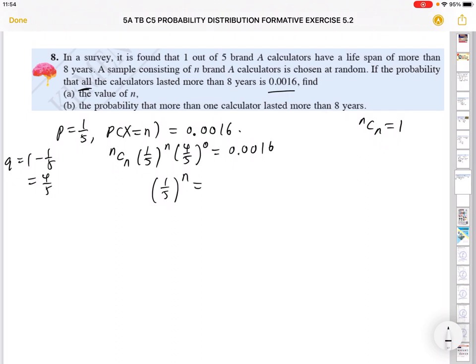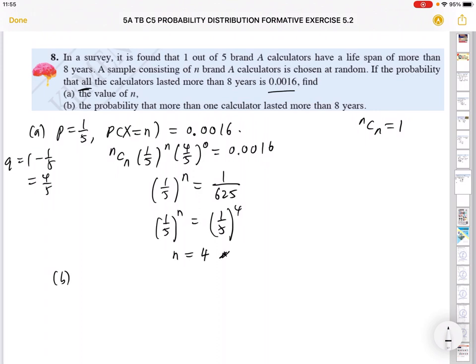As for 0.0016, I think it's best we change the decimal to fraction, which is 1 over 625. And I hope you can see this now. 625 is actually 5 power 4. Don't have to use logarithm. We'll just write this as 1 over 5 power 4. By comparison, yeah, let me write down one more time. By comparison, n is just 4. Okay, yeah, not difficult. And the next one, find the probability that more than one calculator lasted more than 8